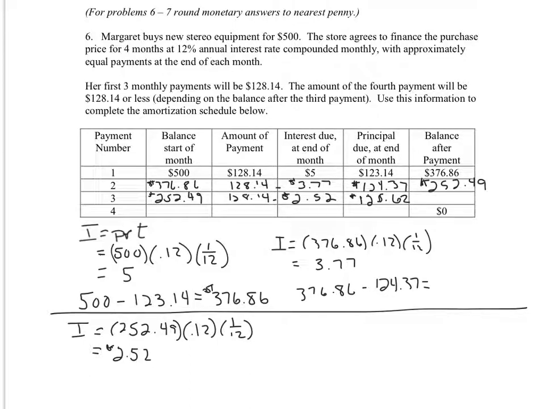So to determine what the remaining balance is at the end of the third month, after she's made that third payment, if I take my $252.49 and I subtract the $125.62 from it, that's how I'm going to come up with